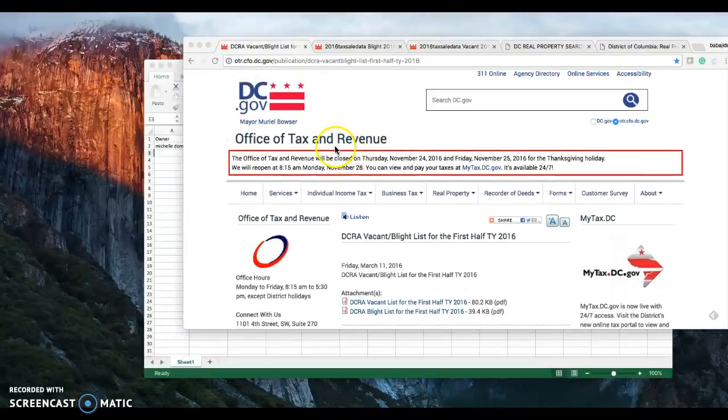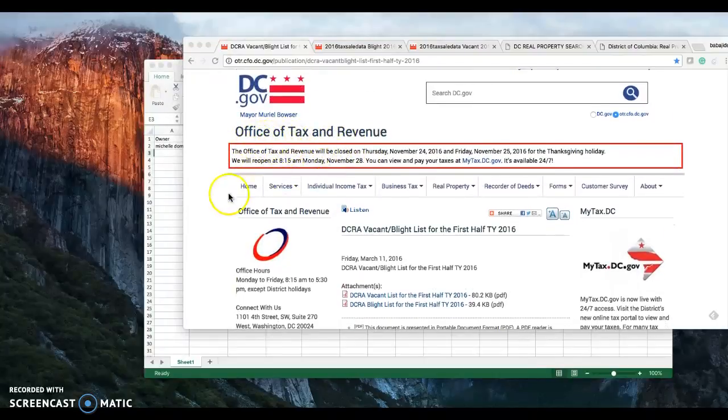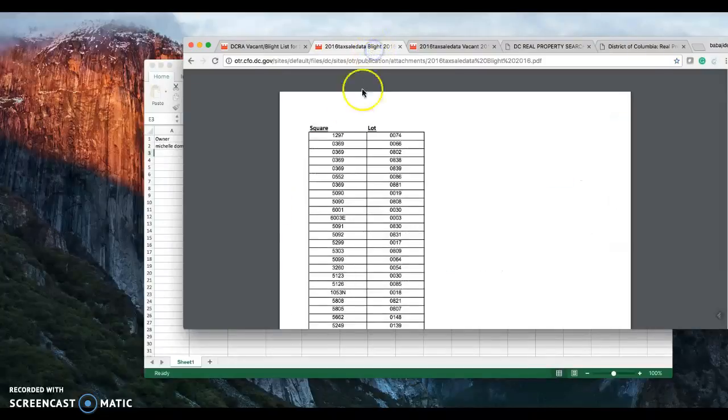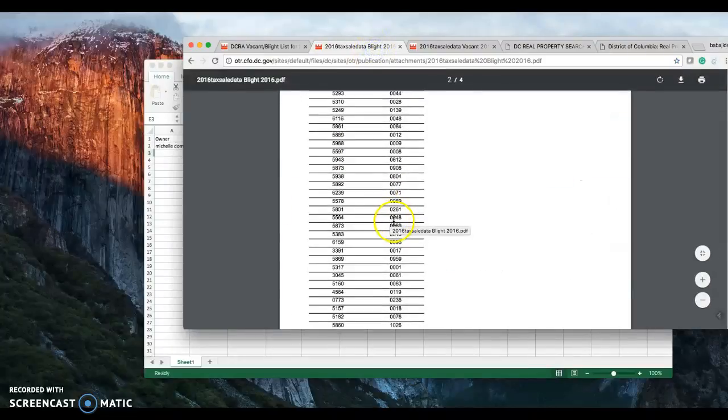So this list right here is from the DC government website, and these are some lists I want you to access. I want you to do some data entry with them and put it in an Excel spreadsheet. I'm going to show you one example, and you're going to do this for both lists. The first list I'm going to go into is the DCRA Blight list for 2016. I've already pulled that up, and I have that right here. It kind of comes like this,